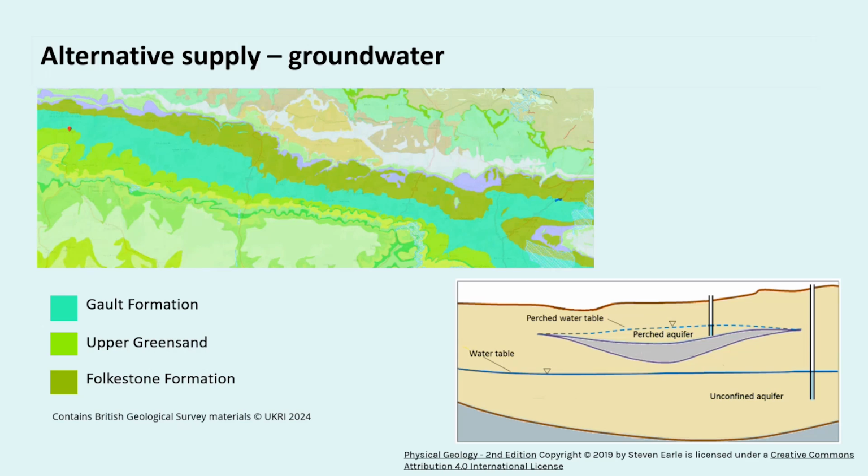So the bedrock geology map shown on the left shows that Southern Water's Hardham groundwater abstraction, which is down towards the east, and which supplies the Sussex North Water Resource Zone, is located in the Folkestone Formation. The map shows that a borehole at the red dot location sunk into the upper greensand would be separated from the Folkestone Formation by a thick layer of galt clay. And so that results in those two aquifers being hydrologically disconnected. So abstracting from one reduces the demand in the other.